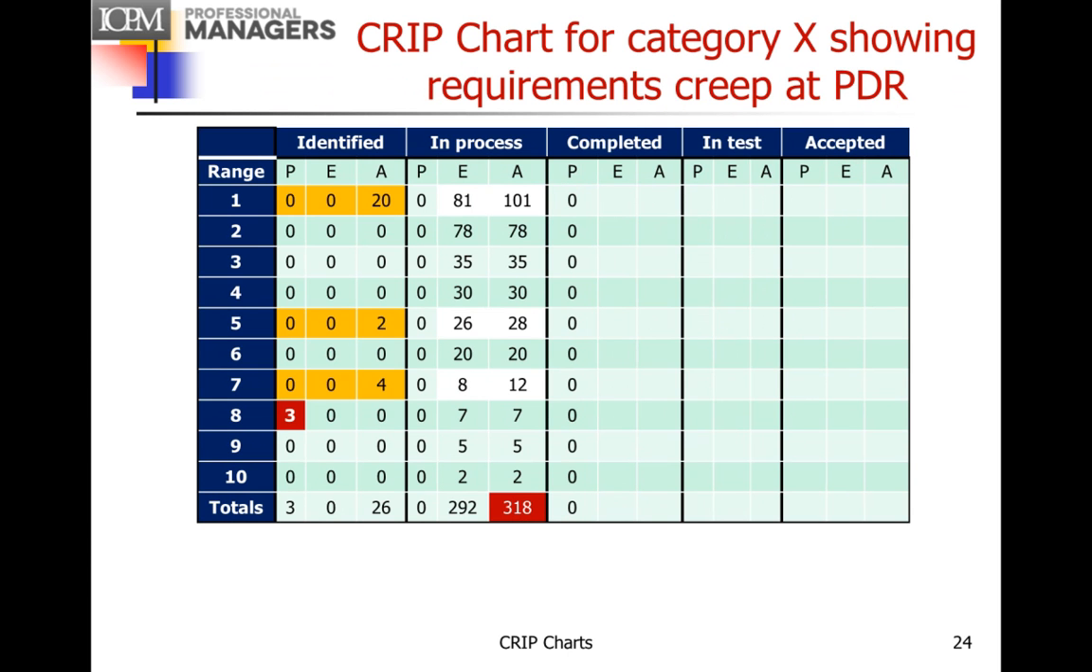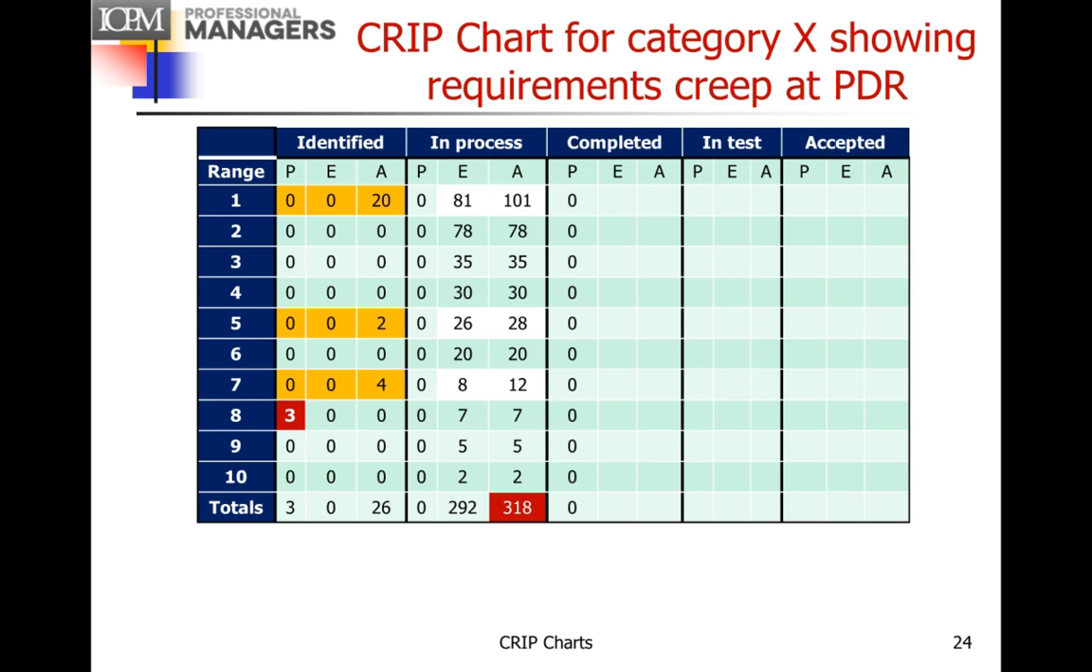A quick look at a project with requirements creep back at PDR. Supposing we'd had some requirements creep at PDR, you might have seen a chart that looked like this. In range 1, 20 requirements showed up. They weren't expected, and you can see that we expected to put 81 in process, but we actually put all 100. We actually added the other 20, and so we have 101 requirements in process, being designed